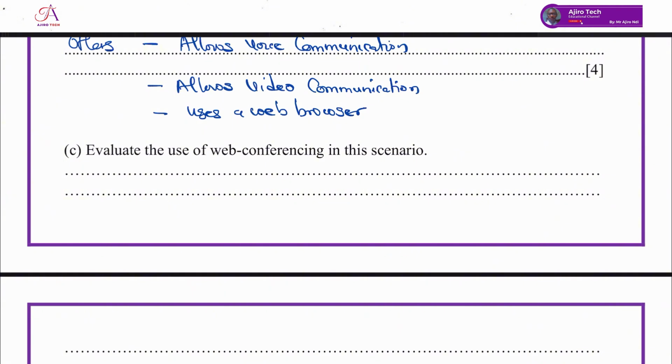So how do we explain this? Now most times you have online school, and this is why online school is becoming a thing, right? Students are now doing online school. So here we can see that if we're going to use web conferencing for that,